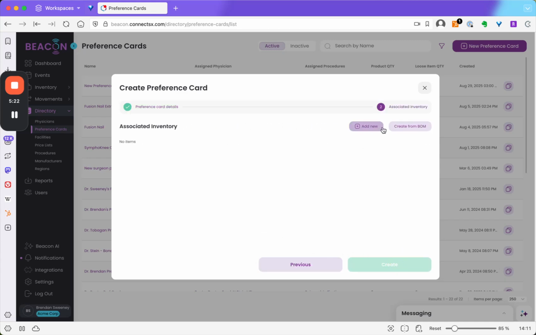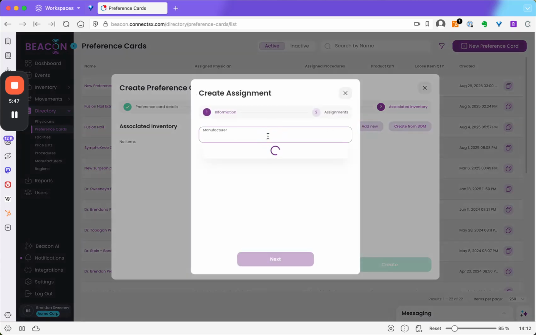And here you'll select the inventory that you want to associate with this preference card. So, if this doctor uses this procedure all the time, what inventory is he always going to be using? What inventory does he always need to have when he's going to do that procedure? That way you can use this preference card to request inventory or select it in a case as well, or even to quote inventory. So, click the Add New button, select the manufacturer,